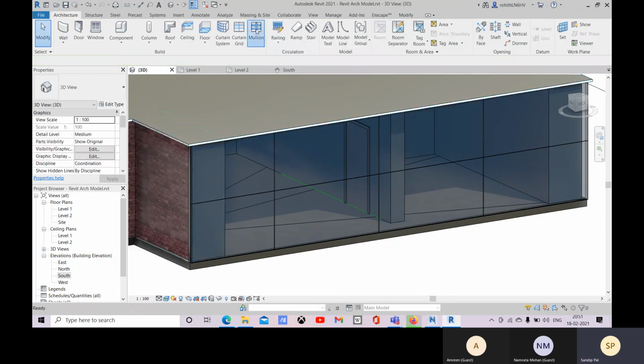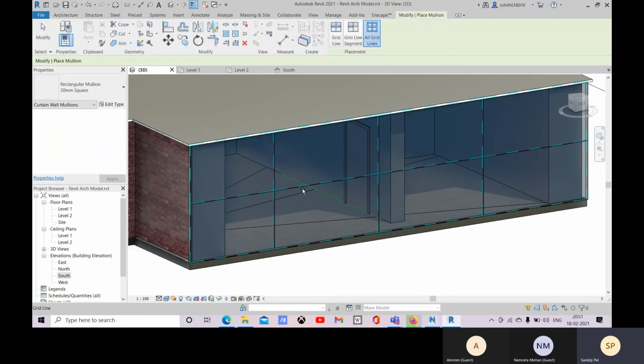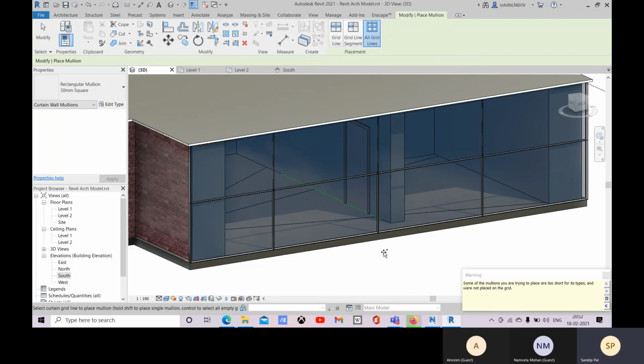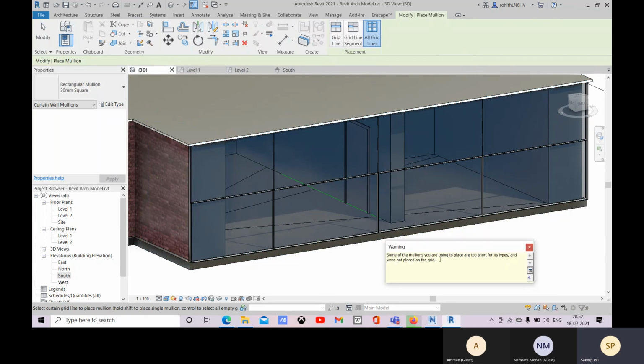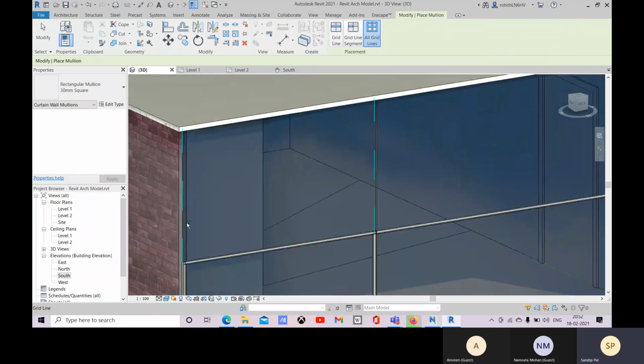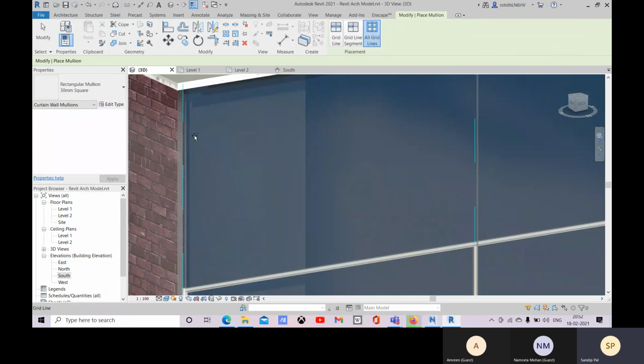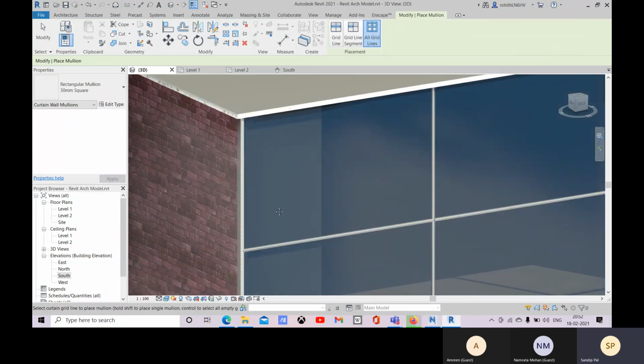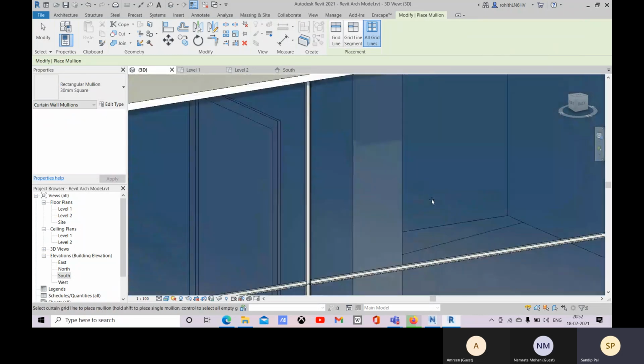Okay, so right now it is done, and right now go with this mullion all grid lines. We apply to all grid lines. See, some of the mullions are too short of this type and were not placed on the grid. So zoom it and place it.